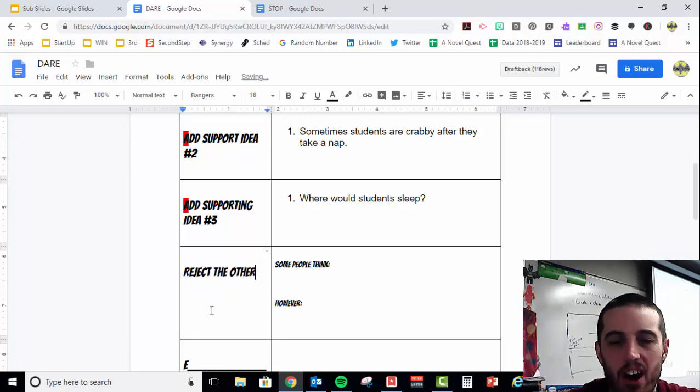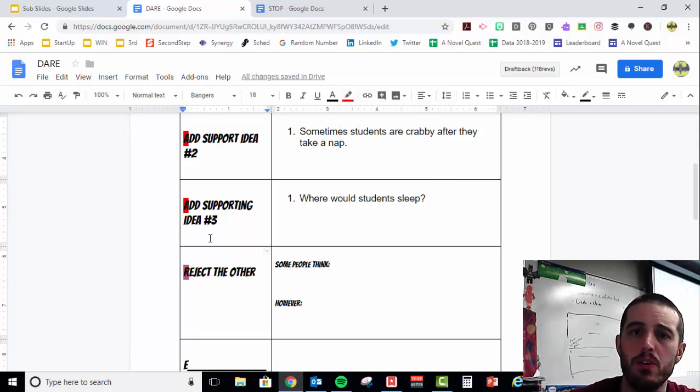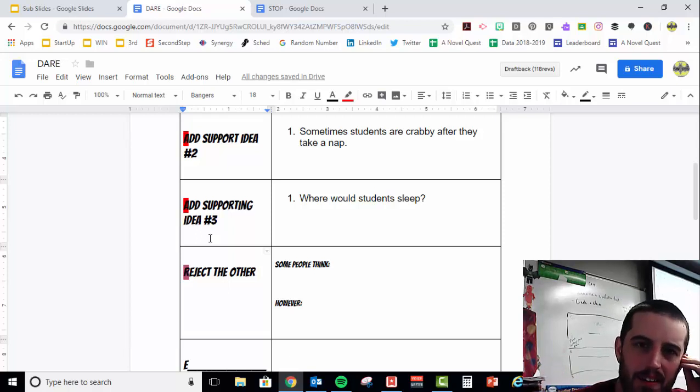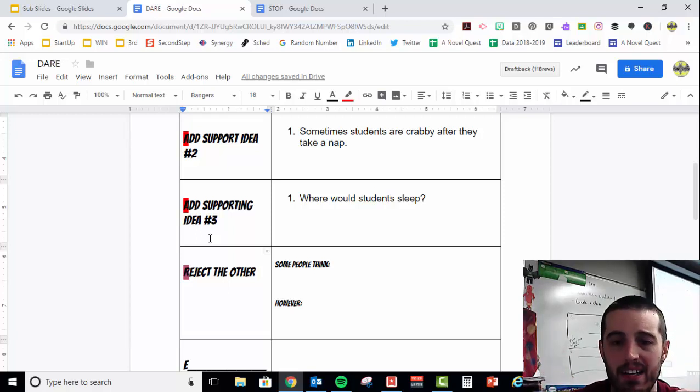Okay? In any argument, there's always another side to it. And there's usually a lot of different sides, but you need to look at the other side and realize, why do they feel the way they do? You need to develop some empathy for them and think, okay, I want to get into the mind of them, because if I'm going to convince someone on the other side that my side is the right one, I need to get in their head and figure out, why do they feel the way they do? And here's how you do that.